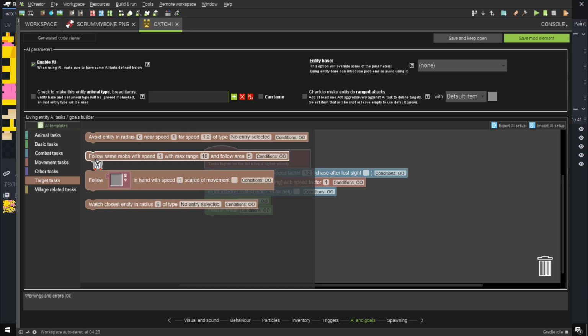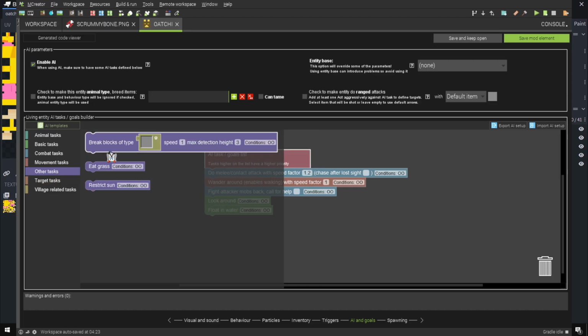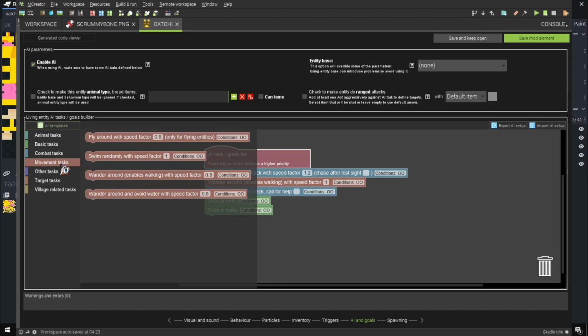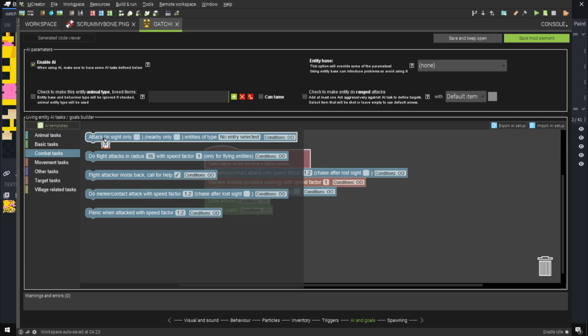Watch closely, you can have it follow the mobs of its same type around. Other tasks, you can have it break blocks, eat grass, restrict sun. Movement task, you can have it swim randomly, wander around and avoid water. Combat tasks, you can have it attack, do flight attacks, fight attacker, mobs back, call for help, do melee contact,